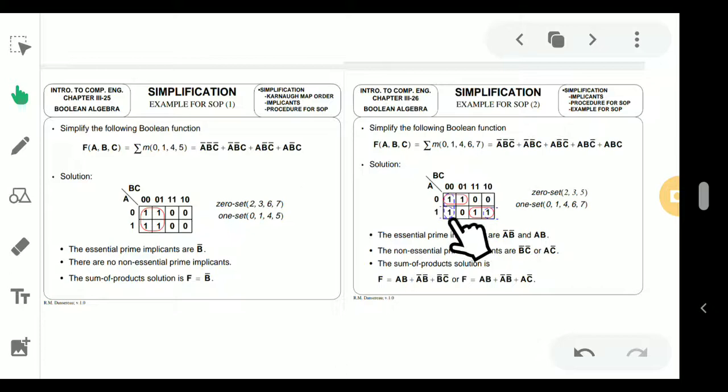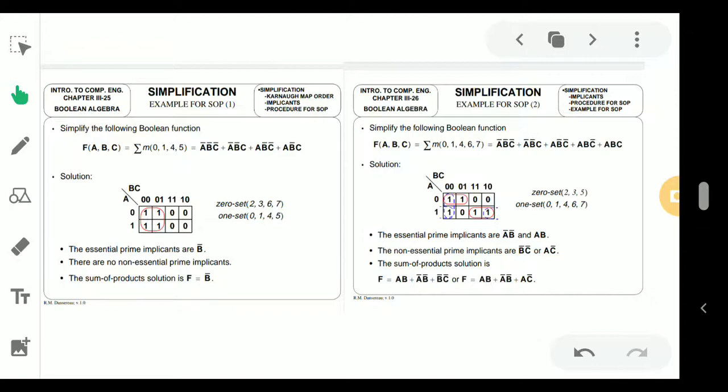Okay, or again we can consider in this column method, or in the folding method. See, this one is there, and if you fold the paper, this one if you attach, then also we can find a 1. So here a is 1 and b is 0, c is 0. Here the b value is changed, the c value is still. So either you can take this one, or you can take this one. If you are considering this one, that will be b bar c bar. If you are considering this one and this one using the folding method, then it will be a c bar. So both the expressions are right. In this way, we can simplify our terms.